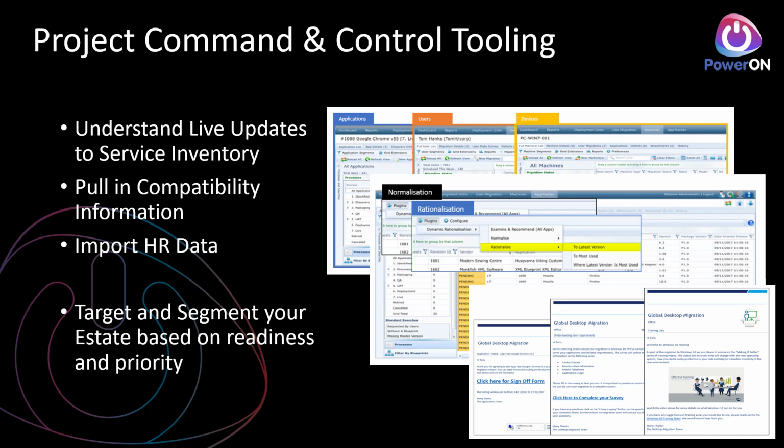So naturally, you also have to phase your application work once you've done those initial stages of readiness, when you actually get into repackaging and other bits and pieces. We use different tooling for that, and again, happy to give information, but essentially a specialist command and control tool that acts as a data warehouse allows us to pull in different compatibility information. The point of the tool is to help make sure that you can manage the different data points, as well as structure a process around how you engage your business